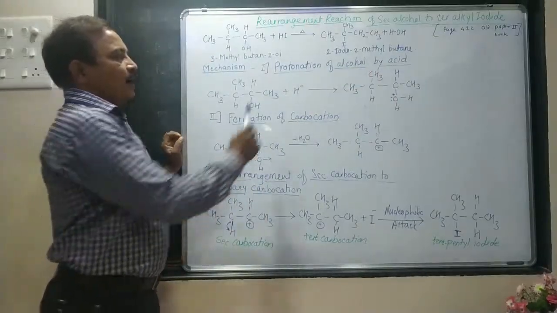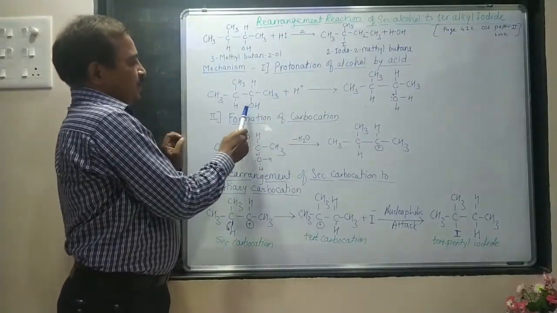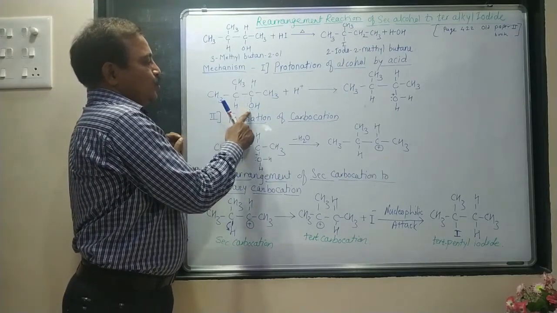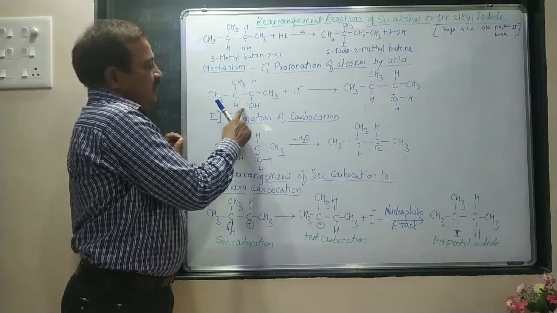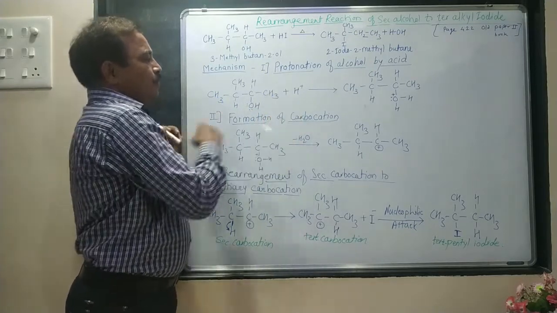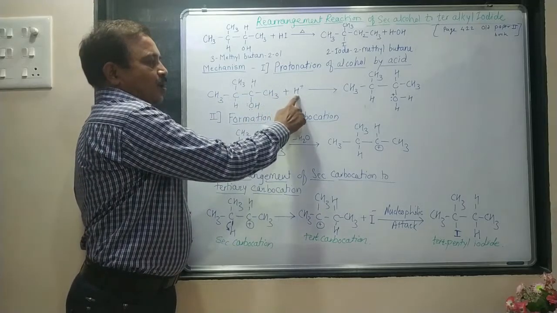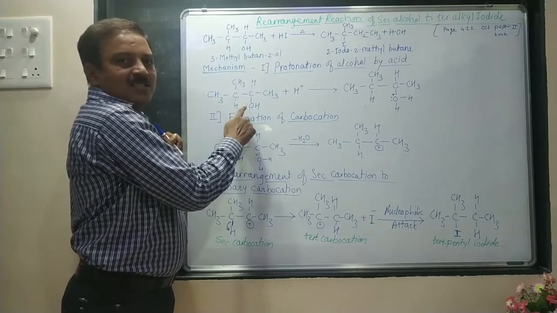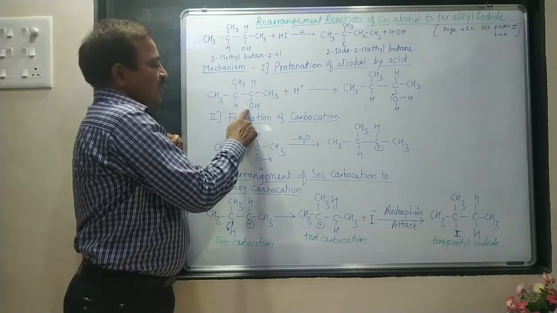Protonation of an alcohol by acid. Here we have an OH group and there are two unused pairs of electrons. So here is a proton. Now this proton is called an electrophile, and will attack an electron rich center, and therefore this OH group